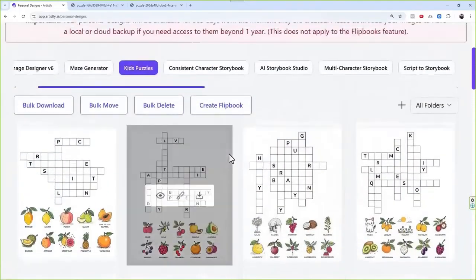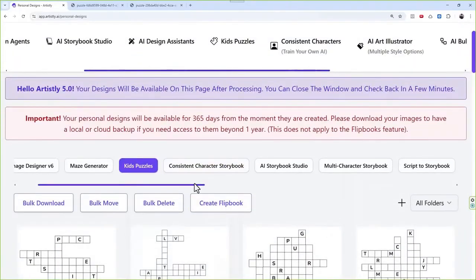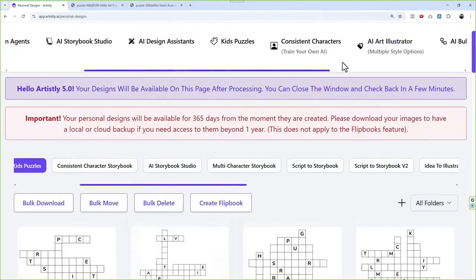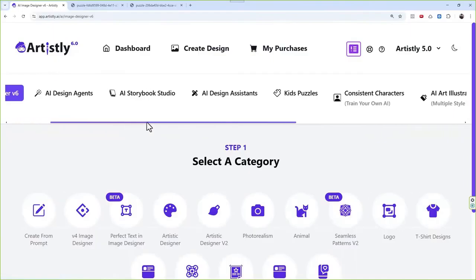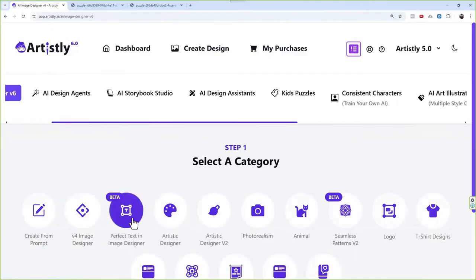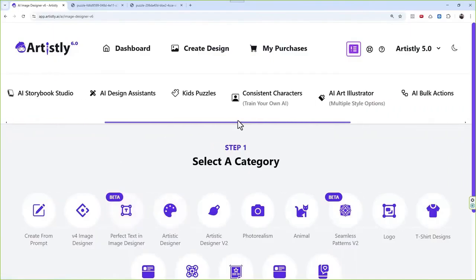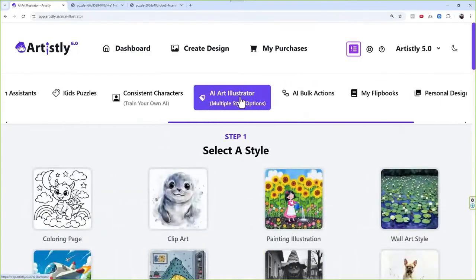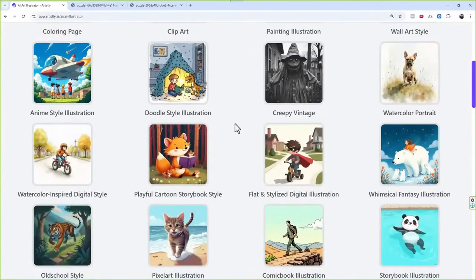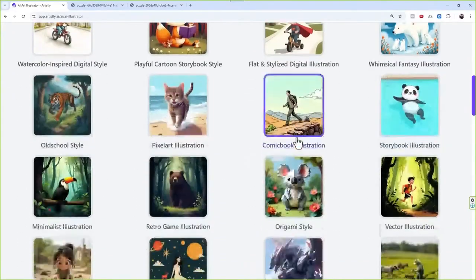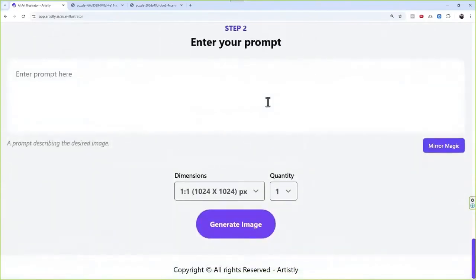Again, what you would do next is you would go to AI Art Illustrator, or you can actually go to V6 as well, AI Image Designer V6, to use the perfect text and image designer. But I like the Style Arts Illustrator because it lets me select the style and lets me create images in consistent styles. So let's say this time I do a comic book style and I say cover